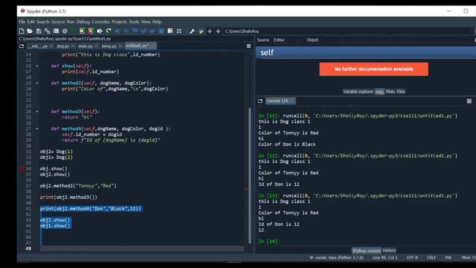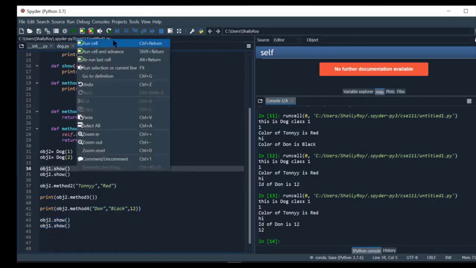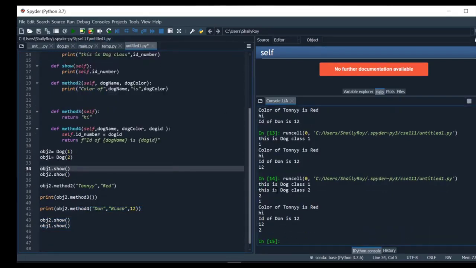Sorry, it should be obj1. See, this is dog class 1, this is dog class 2. For the dog class 2, it's showing me 2. obj1 dot show is showing me 2. And again, after changing the value of object 2, when I am trying to print object 1, it's showing me the same value. That means object 1 and object 2 don't depend on each other. Okay, so